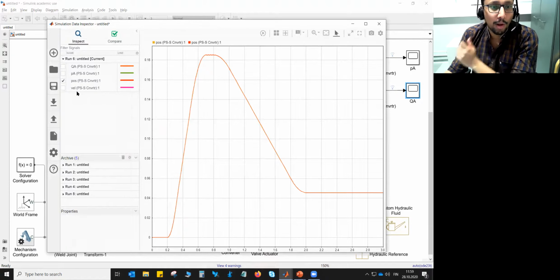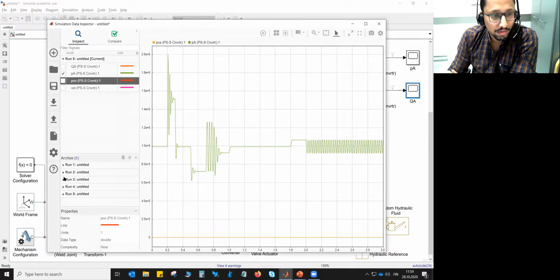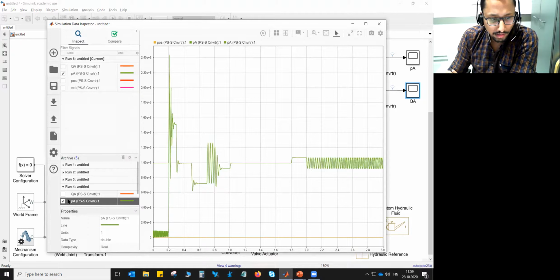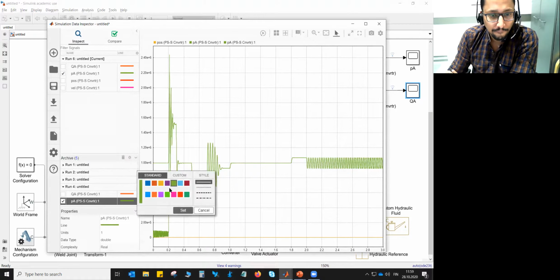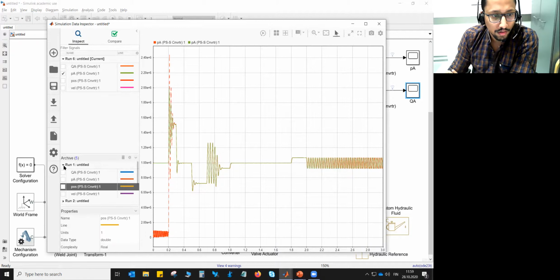now let's plot our pressure with respect to what we had when it was oscillating. Yeah, this is the one. Something else is also open. I don't know what. Yes.